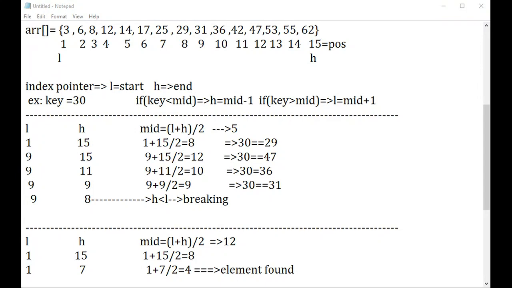Shall I write the algorithm here? Will you people convert it as a program? Respond to me. Okay, who else has written? Srikanth has written.